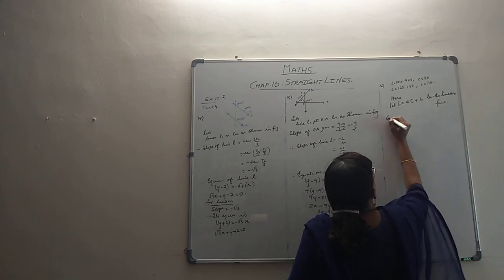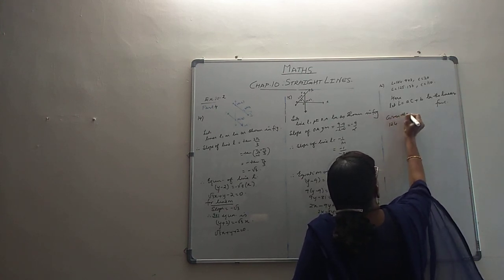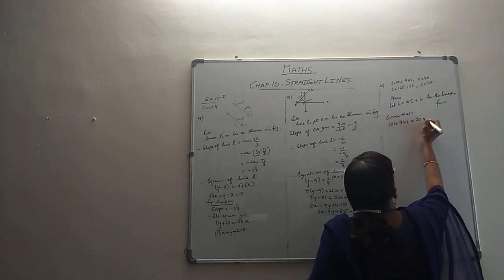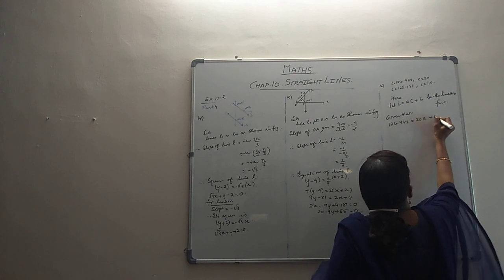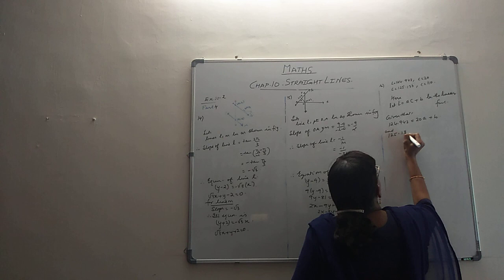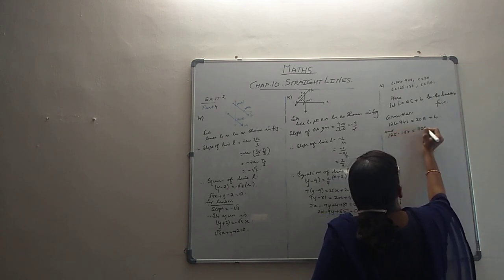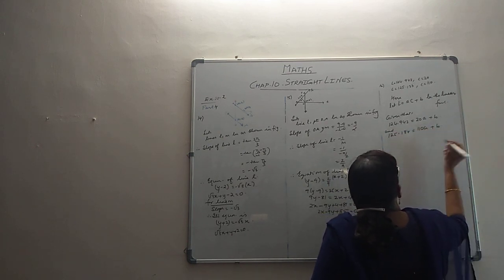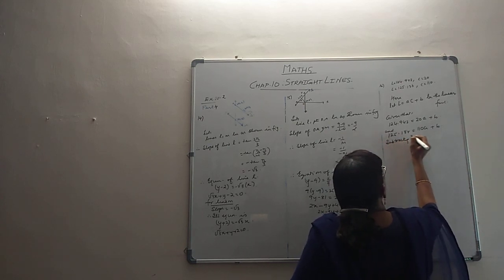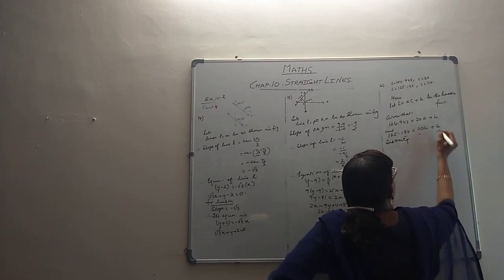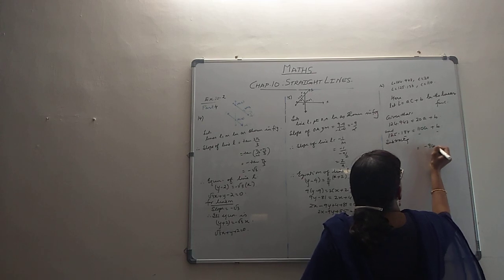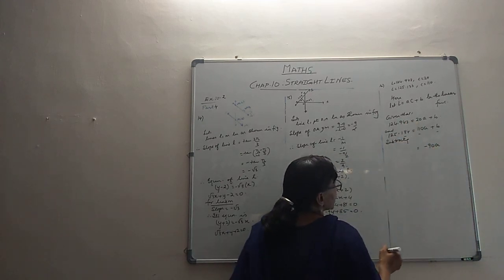Now let's have the substitutions. Given that 124.942 equals 20a plus b, and the next one, 125.134, is 110a plus b. So subtracting, b and b will cancel each other, and you will have this as minus 90a.